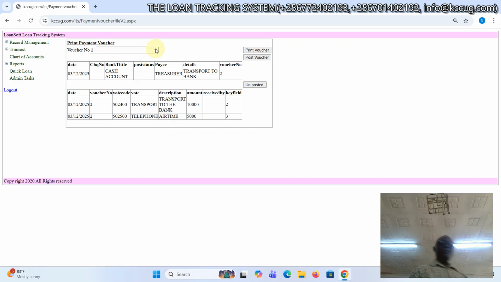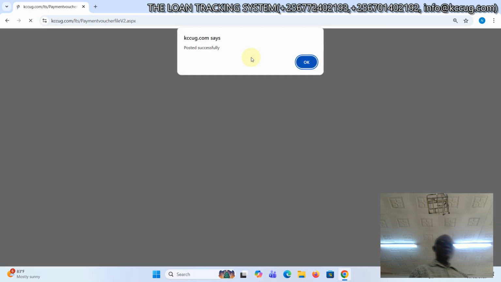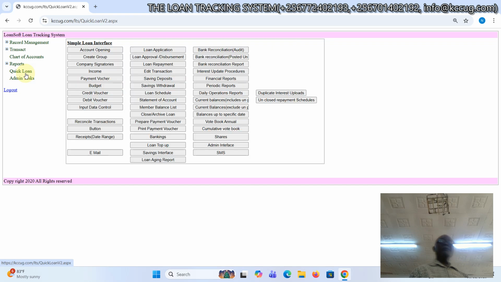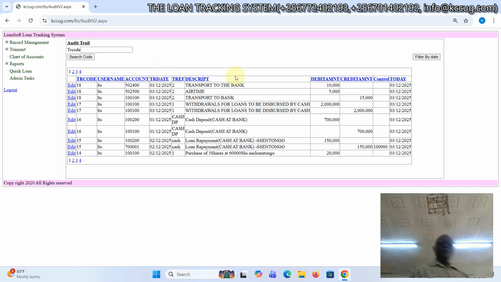Now this is voucher number 2, and its post status is nothing. Just click on post. Done. Click on edit transfer. So you will find that the transaction has been put here. Okay,